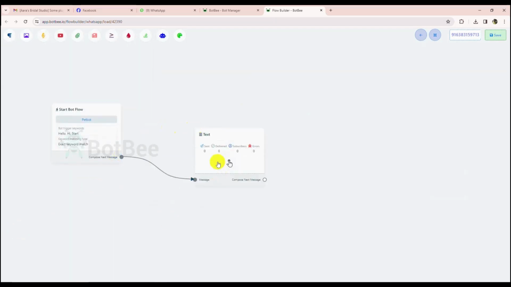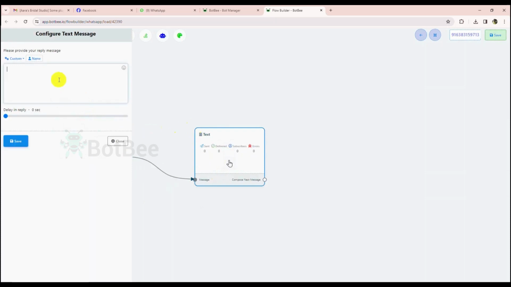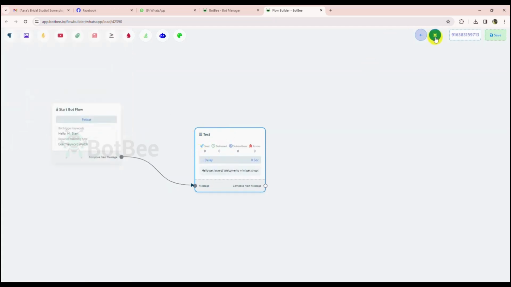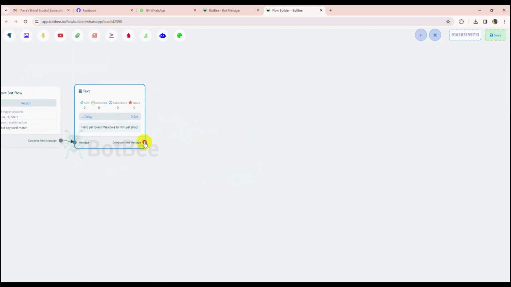I'll add a welcome text from the text button. I'll write, "Hello pet lovers and welcome to Mini Pet Shop," and save it. From this option you can organize your chatbot's interface. Now I'll use an interactive. I'll be using a lot of interactives in this tutorial because I'm going to take input from the user,